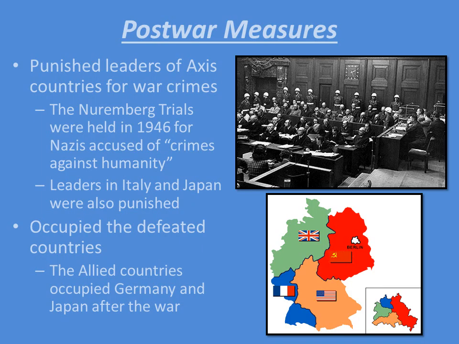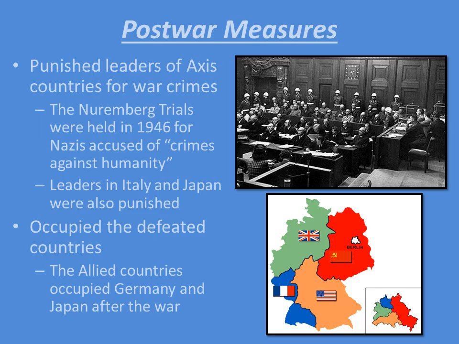So, once World War II ends, the Allied powers want to make sure that a future World War doesn't occur. They tried to do that after World War I with the League of Nations and the Treaty of Versailles, which, as you know, was a miserable failure. So, they try again with different types of measures to try to ensure world peace that will last.